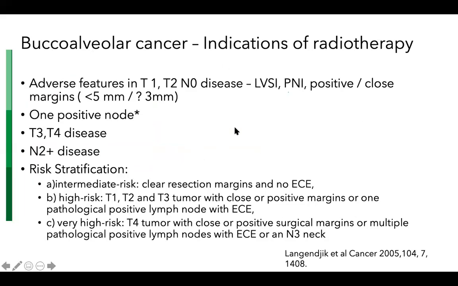So now we come to the indications of radiotherapy. Of course, adverse features in presence of T1, T2 disease such as LVSI, PNI, WPOI, worst pattern of invasion, positive close margins. Mostly we take less than 5 mm as positive close margin. One positive node may not have an impact on survival, but I do believe that it is good for us to consider radiation in this because local recurrence is actually associated with...